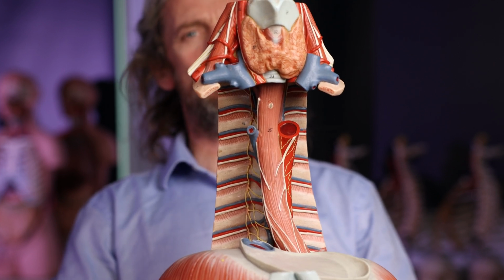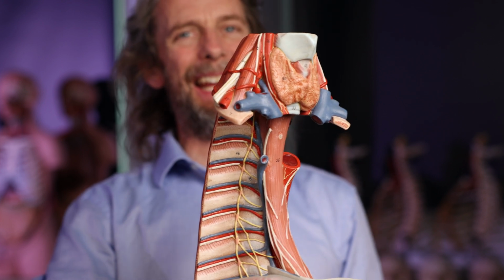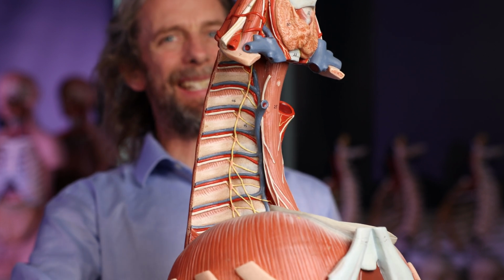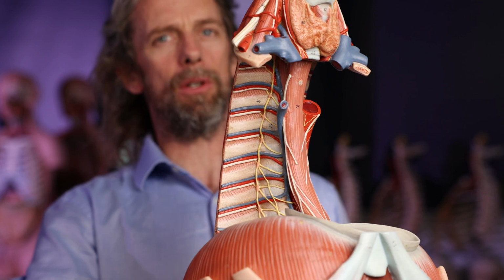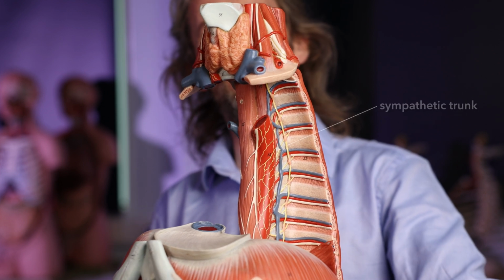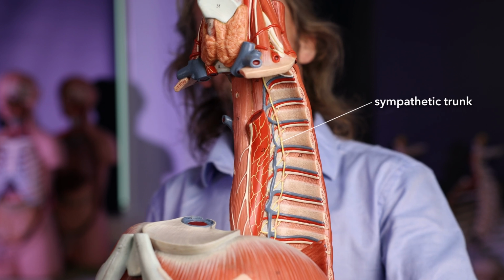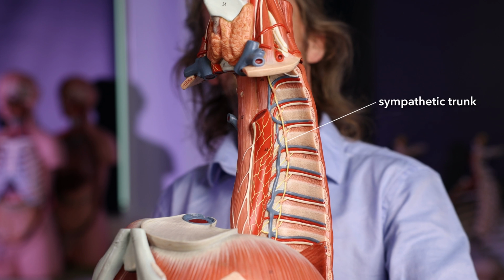The vagus nerve also innervates the muscles of the pharynx. So the vagus nerve is innervating the esophagus as we descend. So in the involuntary parts, the vagus nerve will give parasympathetic innervation. Now the other thing we can see here is we can see the sympathetic trunk. The sympathetic nerves are the other part of the involuntary nervous system, the autonomic nervous system,